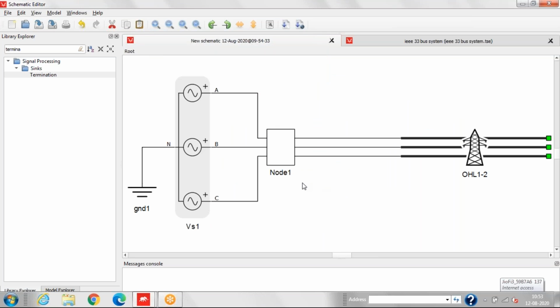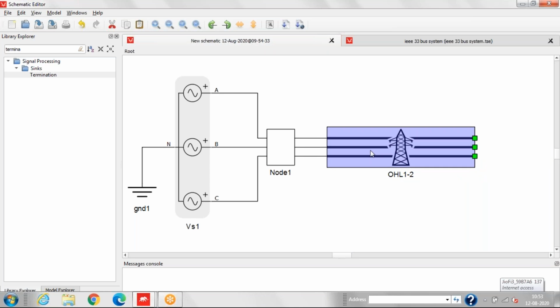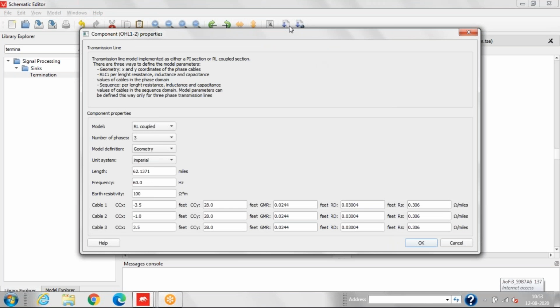Now you can see that port name is not visible now. So now we'll do for the next. So next what we have is the overhead transmission line.